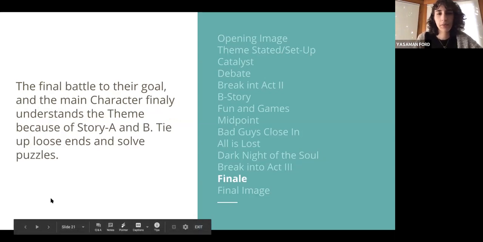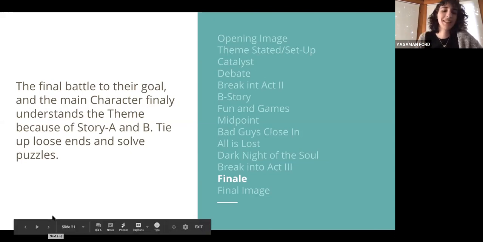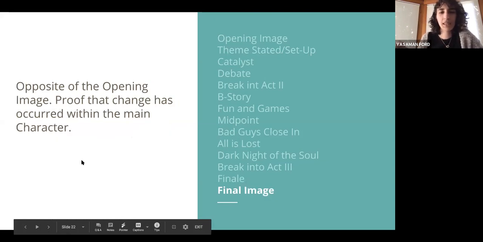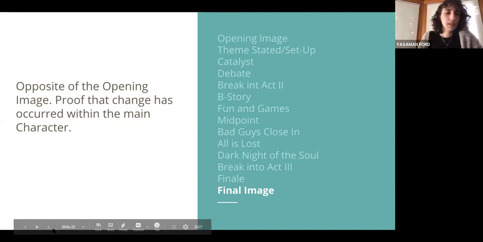Then we have the finale where they kill Thanos or whatever is going on. This could be emotional, like maybe the person finally asks out their crush or something like that. You could scale it however you want. And then the final image is the opposite of the opening image, showing the new normal. So that's a basic